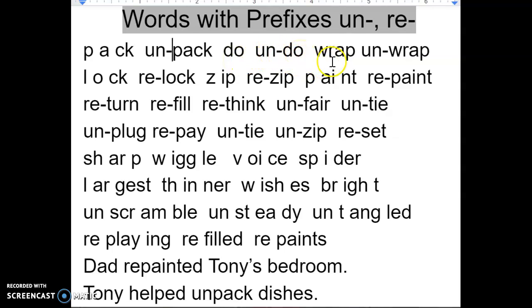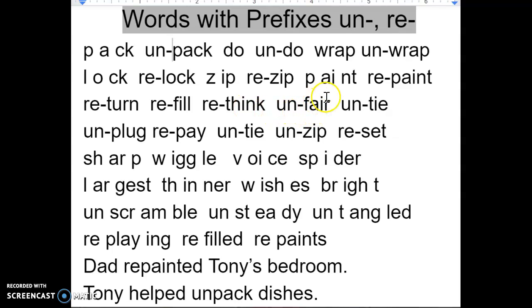undo, wrap, unwrap, lock, relock, zip, rezip, paint, repaint, return, refill, rethink, think again,